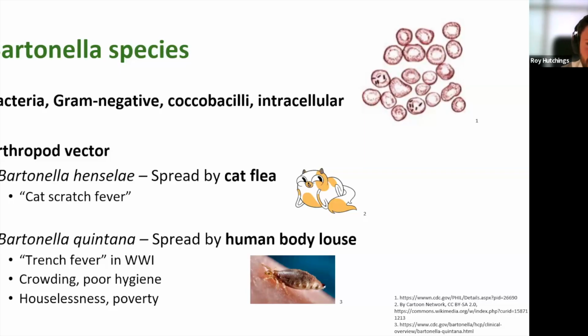Bartonella henselae causes cat scratch fever, the illness that Ted Nugent warned us all about. It's spread among cats by the feces of fleas, but can be transmitted to humans if in contact with a wound, such as from a cat scratch. Similarly, Bartonella quintana is spread by human body lice.